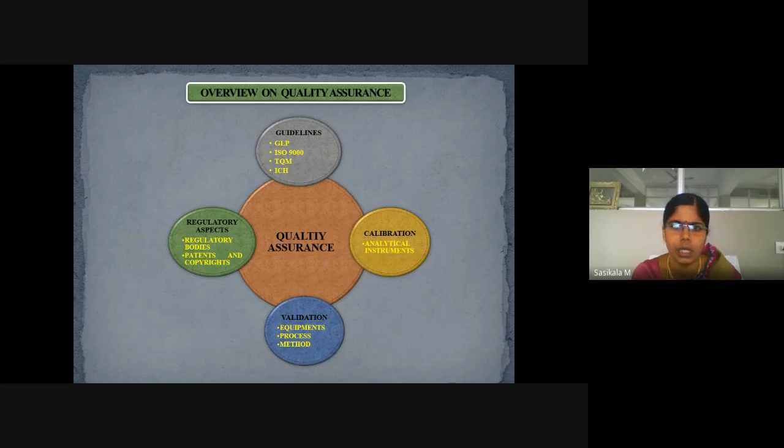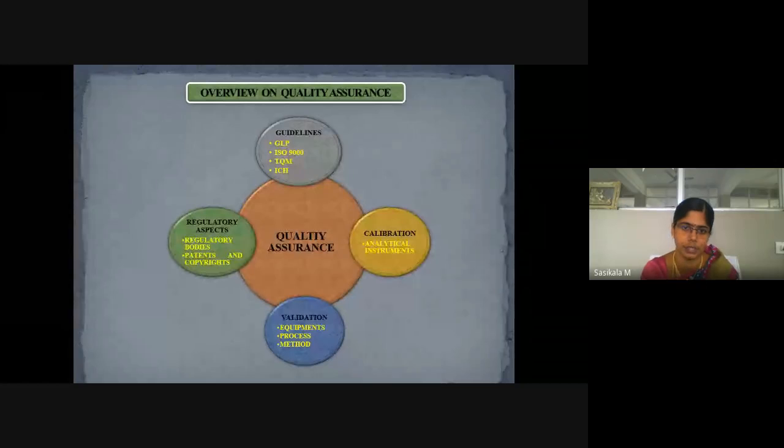Next, about quality assurance. Quality control parts are of 3 categories. First one is chromatographic separation. Second is spectroscopic characterization. Third is electrochemical methods of analysis using electrodes, wherein spectroscopy will be using electromagnetic radiation for characterization. For separation by chromatography, we will be using two phases called stationary phase and mobile phase.